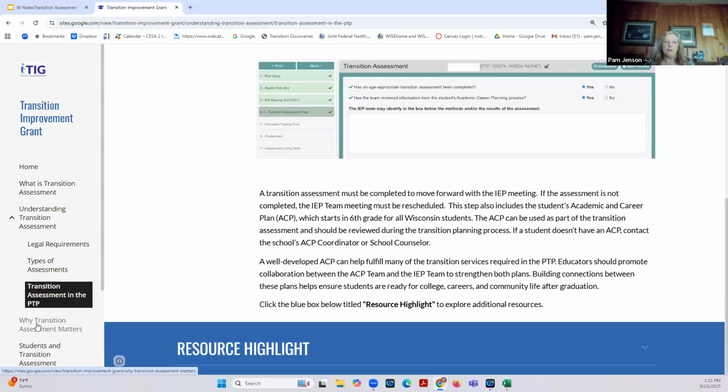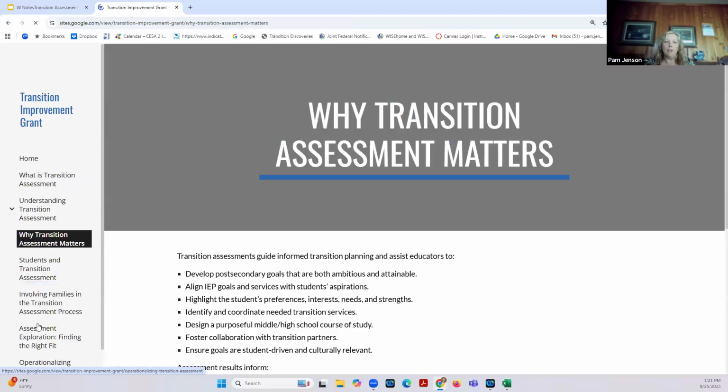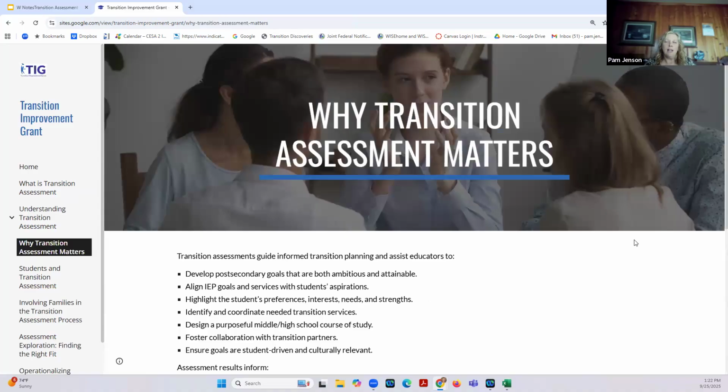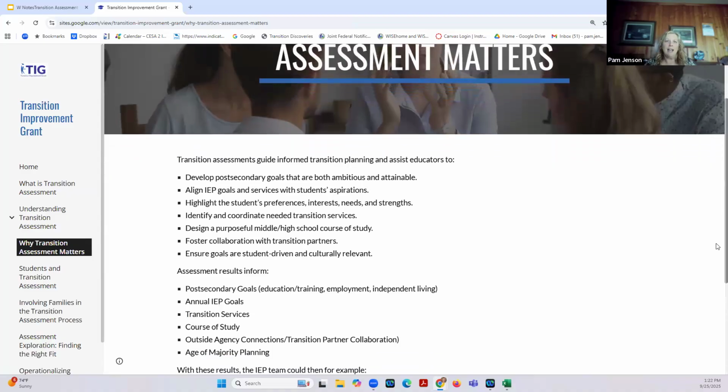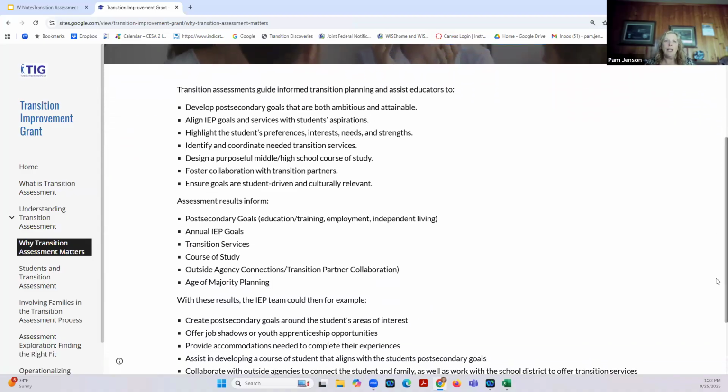Our next tab, if we go back over to the left, is why transition assessment matters. And so, as we've talked about a little bit, transition assessment really guides the transition planning. So it looks at every component of the post-secondary transition plan. It helps to write the education and training, employment, and independent living goals, which in turn then assists in developing the student's annual IEP goals, transition services, the course of study, connecting to outside agencies, transition partners, and the age